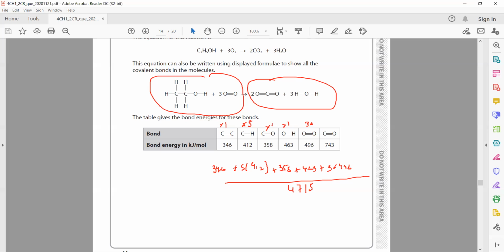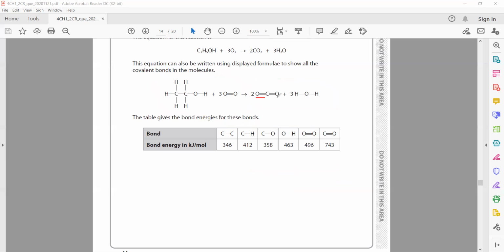Bond forming energy is released when the bonds are formed. So one molecule contains two bonds. So two molecules contain four CO bonds. And one molecule contains two OH bonds, three molecules contain six OH bonds. So this will be multiplied by 6. So it will be 463 multiplied by 6 plus 4 into 743. This will give us the bond forming energy,